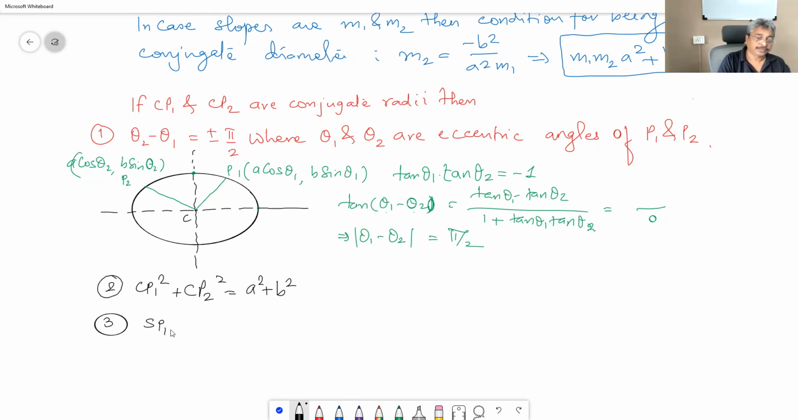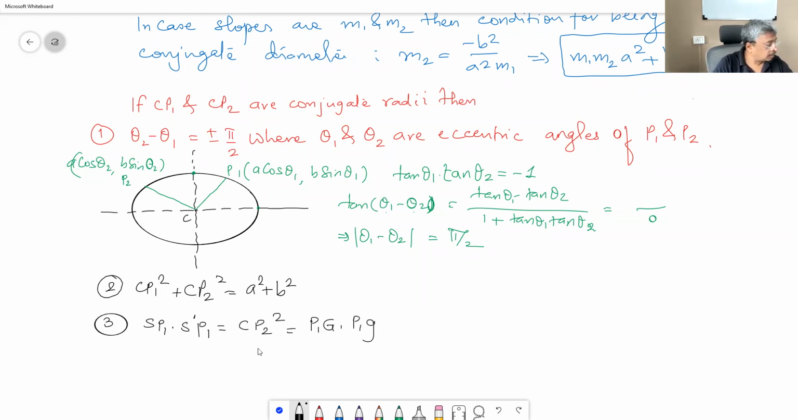SP1 into S dash P1 is equal to CP2 square is equal to P1G into